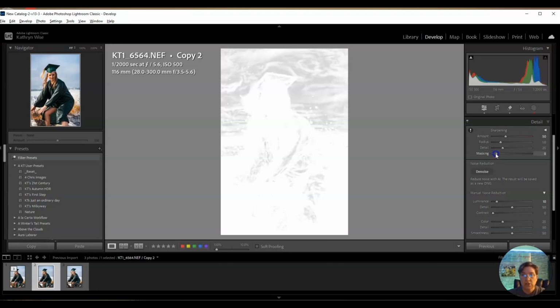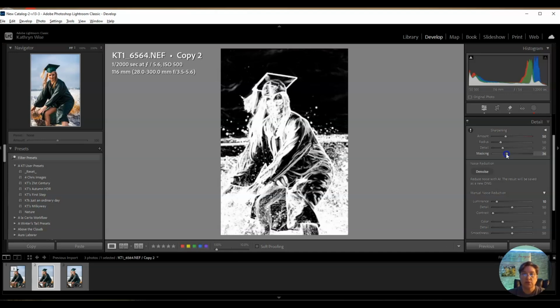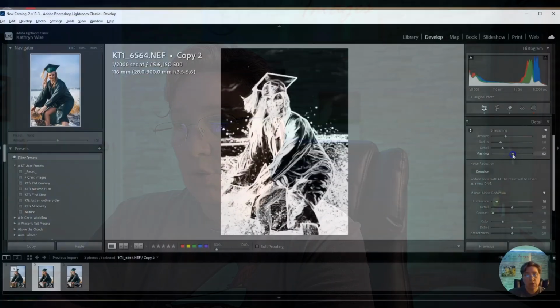And you notice as I start to slide, the picture and image starts to change. Now, you'll notice that there are some areas that are white and some areas that are black. The black areas are the parts of the image that are not getting sharpened, but everywhere where it is white, that is where the sharpening is starting to happen. Now remember, we said we want the background to be not sharpened, and we want basically the edges on our subject to be sharpened. So the further I go to the right,